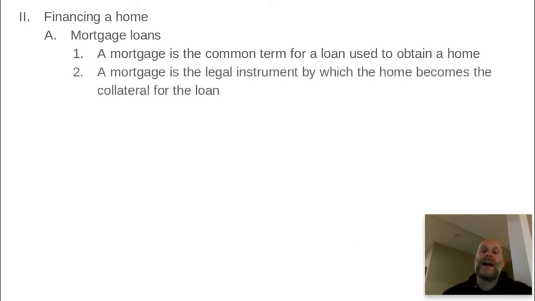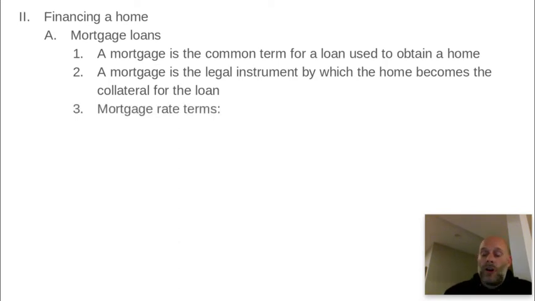So a mortgage is a specific legal term, and it is used by lawyers to mean that that's when the home becomes the collateral for the loan. So it's similar to other types of loans that are collateralized. What are they called again? Yes, they're called secured loans, exactly. So it is secured by the actual home, which is the underlying purchase.